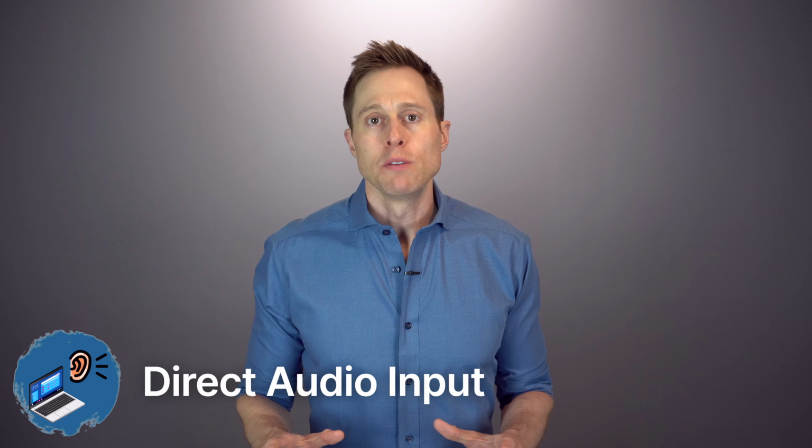The second thing that you can do to hear better inside of these virtual meetings is to use direct audio input. By direct audio input, what I mean is you want to take the audio from your computer or your phone and put it directly into your ears using headphones, earbuds, or even Bluetooth hearing aids. Anytime that you stream audio directly from your computer into both of your ears, it will substantially increase the clarity